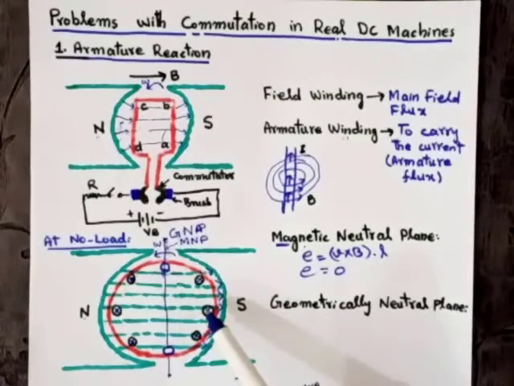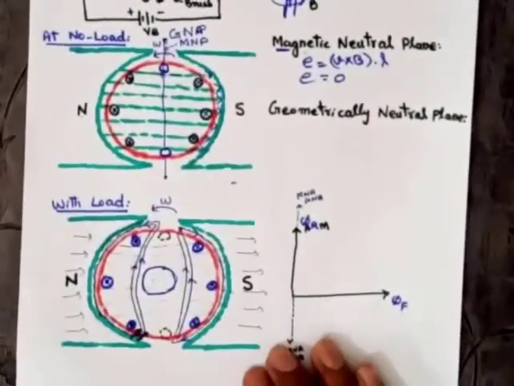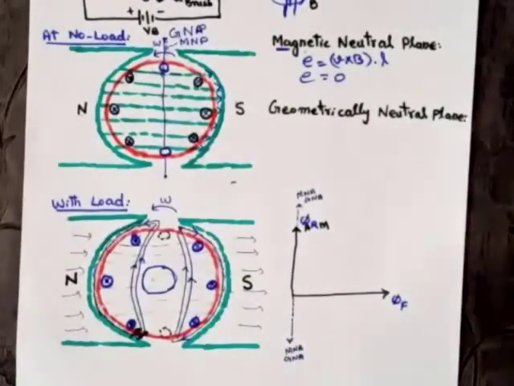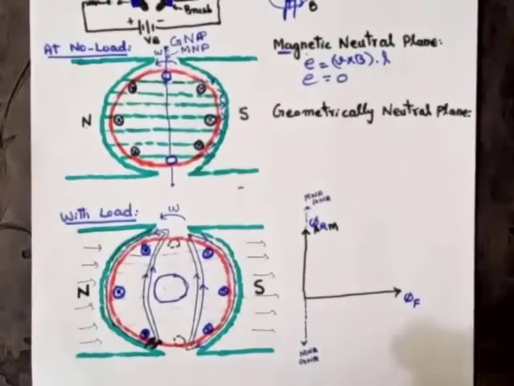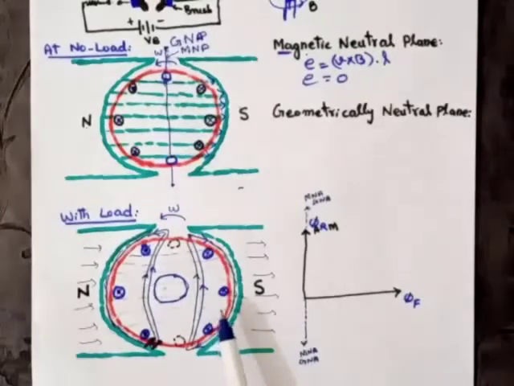And in the thumb and right hand rule, the thumb is placed in the direction of the current and the fingers will show the direction of the magnetic field. As you can see in this figure, here the direction of the current is inward and here the direction of the current is outward. By applying the right hand rule, the direction of the magnetic fields is shown here.